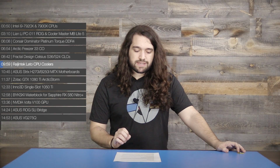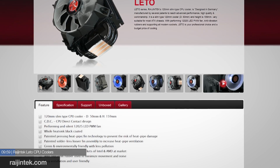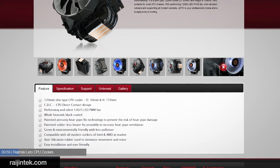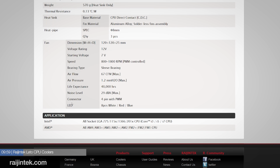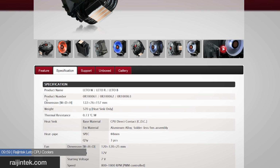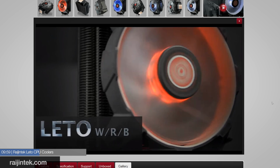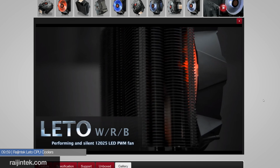The last cooler is a Resin Lido CPU cooler. These coolers will be available in 3 variants based on the LED illumination of the fan. They come in white, red, and blue. The cooler uses a black anodized aluminum fin stack fixed to 3 8mm thick heat pipes that feature black nickel plating. The heat pipes are fixed to the fin stack via solderless design, and the 120mm fan is of the